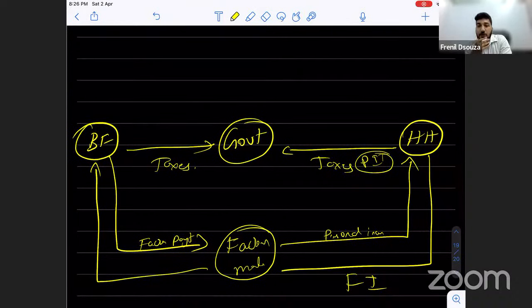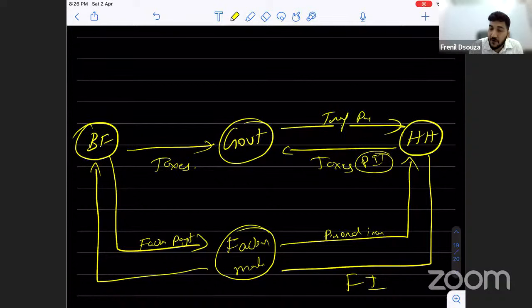But what will you ask next? Okay, government, that is fine. I will pay you what you're asking for, but what am I getting in return? So what you're getting in return, of course, the households or individuals will get something called transfer payments. What do you mean by transfer payments? Somebody has taken a rank, you need a scholarship. There are certain handicapped people, they need pensions, and a lot of other payments where in return nothing is received by the government. So they will take tax from you, yes, but they will also give you something called transfer payment.